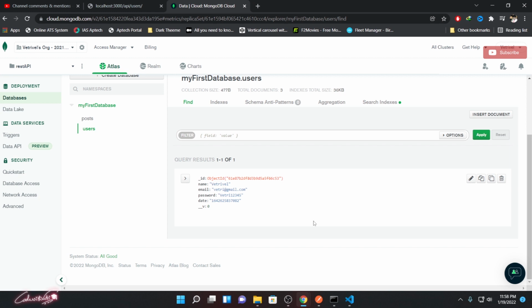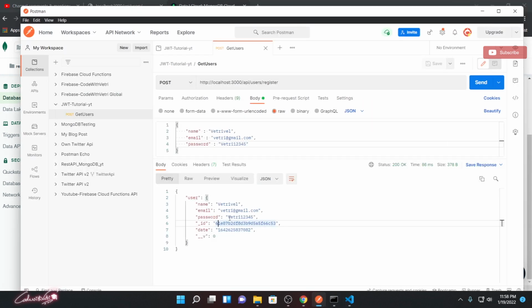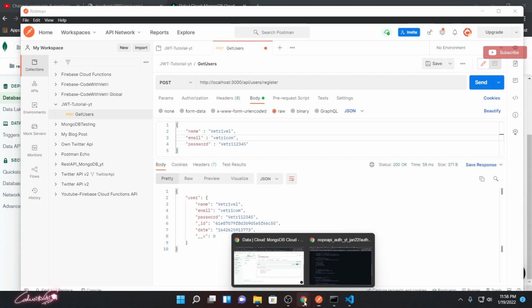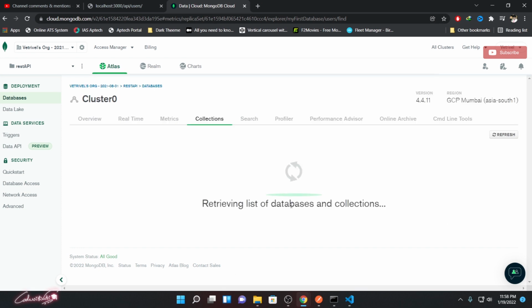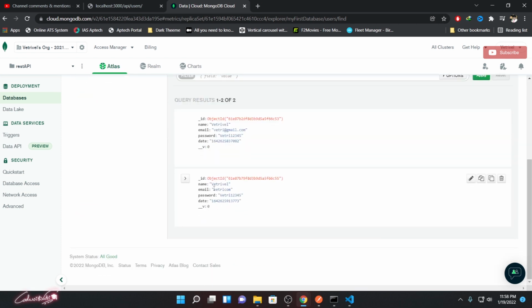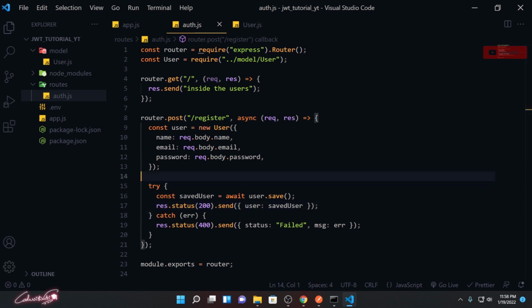Cool, now we have the current details, but if you look here, we have this password stored as is, and even if I send it without any value, or with an email that is not a proper valid email, it will save it. See, it's saving it. Let me refresh once again to make sure. See, it's inserted. So there is no proper validation and no proper encryption. We need to do all those kinds of things over here.